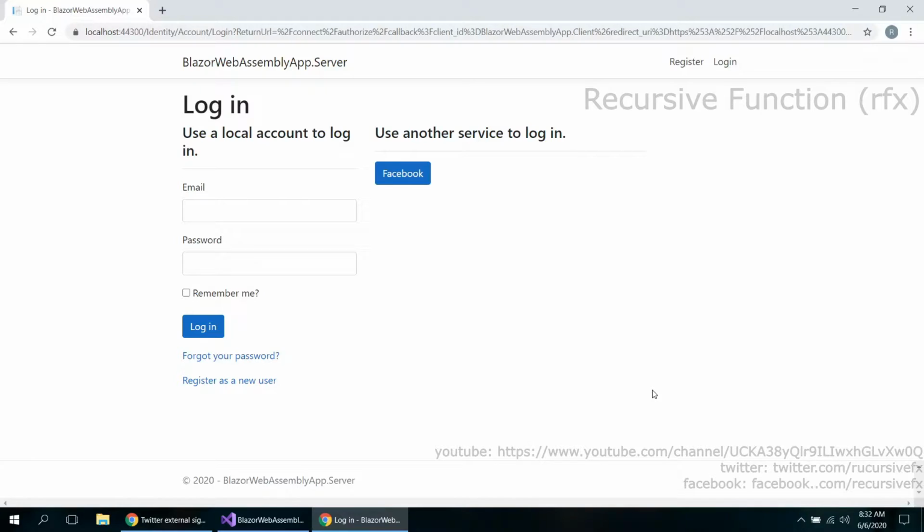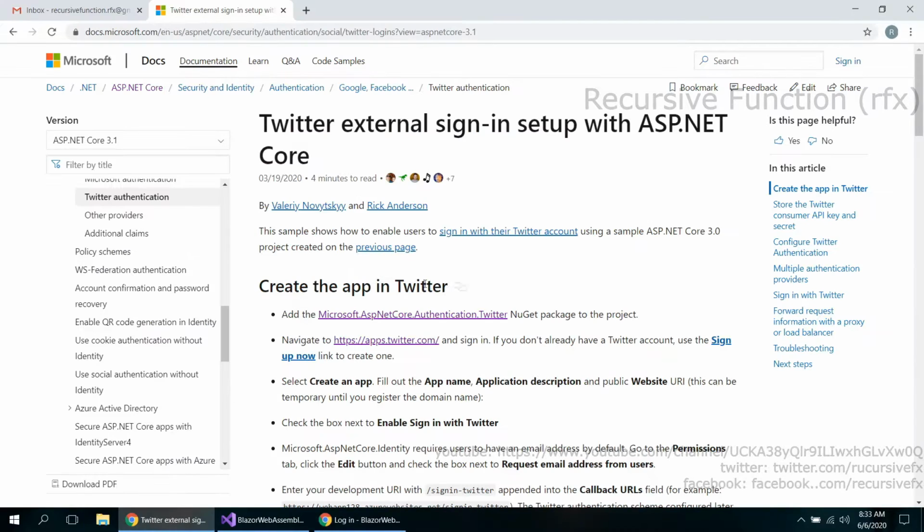In this session, we're going to continue with the series of Blazor tutorials. This is our fourth session, and in this session, we're going to try to enable Twitter authentication in our Blazor WebAssembly app. So to start, I'm going to go to the documentation for enabling external sign-in using Twitter in our